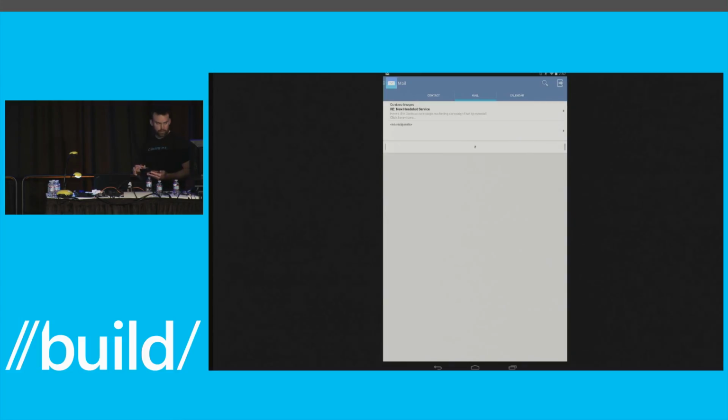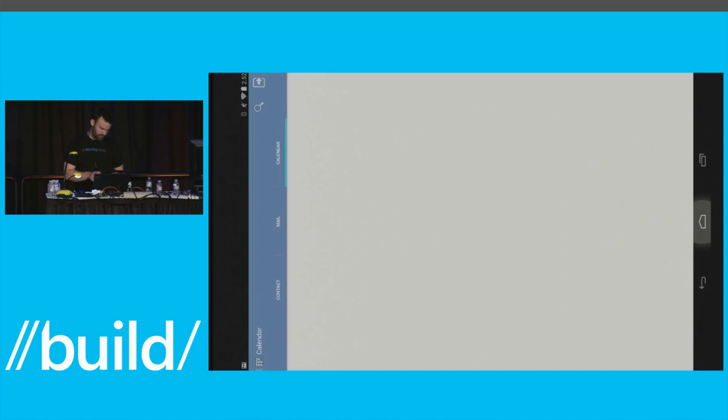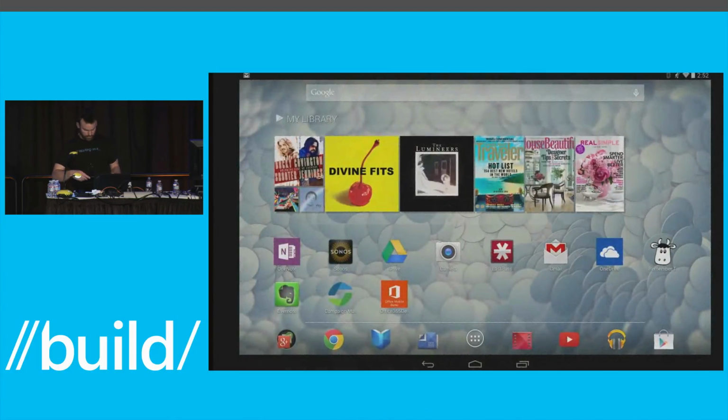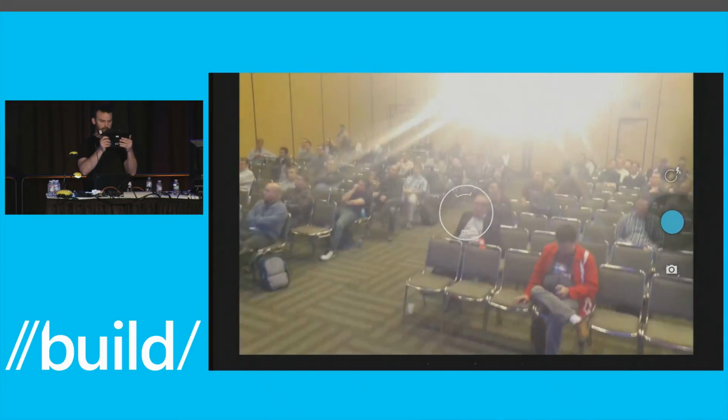So this app is still showing. It pulls my calendar information. And what I can do with this app, it already stopped showing. So let me see if this actually works. What I can do with this app, which is kind of fun, I wanted to do this anyways, I can launch the camera. And I can take a picture.